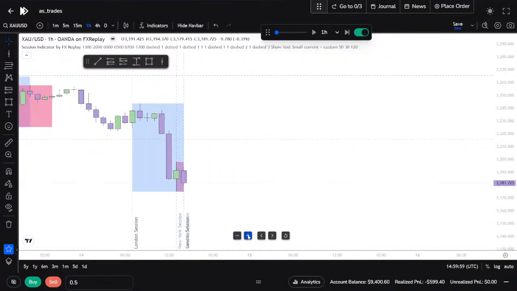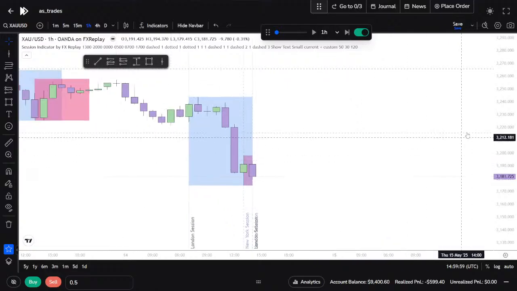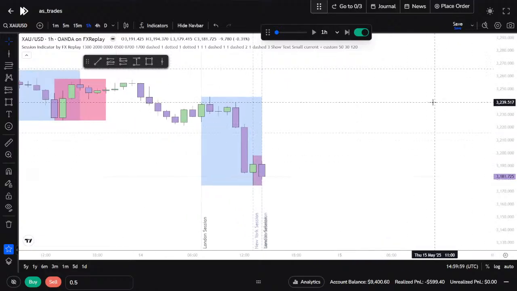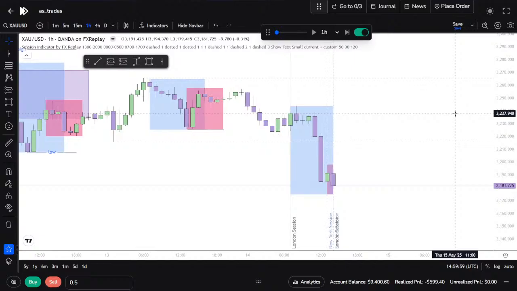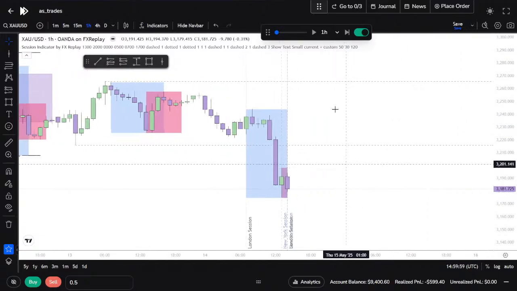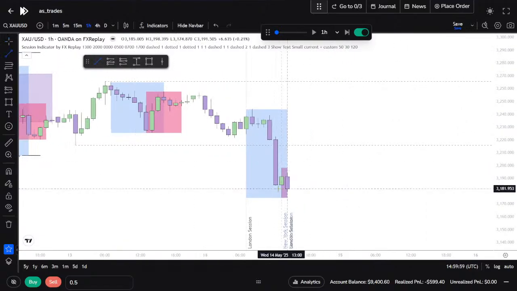Yes, I low-key miss New York Open. But let's just go anyway. Previous session low, previous session high. Let's mark this out. Oh, I actually don't know if